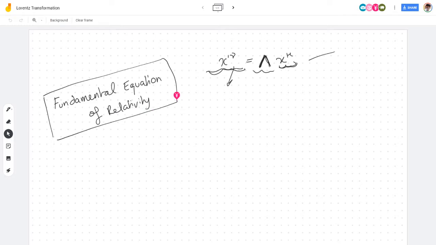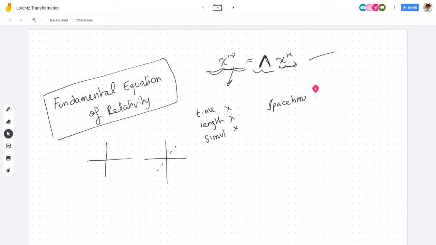The fundamental equation of relativity tells us how to relate an object in our frame of reference and what doesn't change in the other frame of reference. And the thing that doesn't change, while your time changes, while your lengths change, while simultaneity changes, these all can't be used. What doesn't change is this notion of a space-time interval. Okay, and we define this as follows. We say the space-time interval that we're going to call delta S is c,